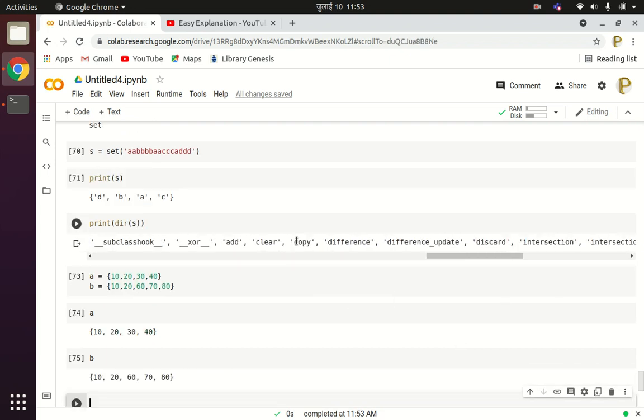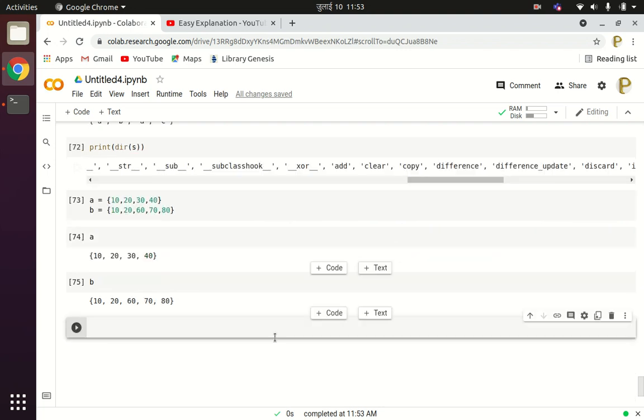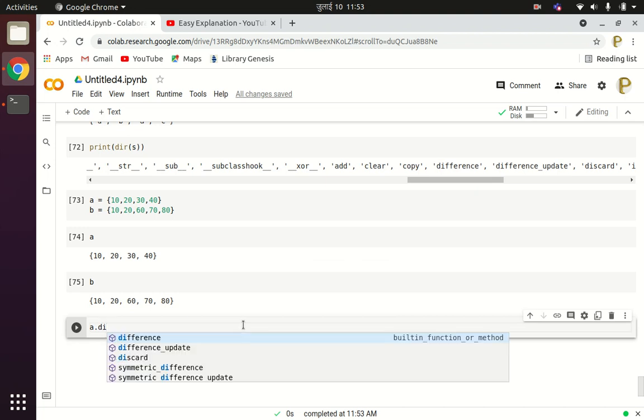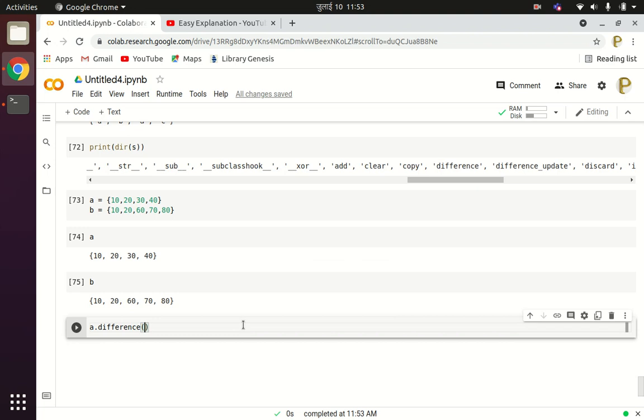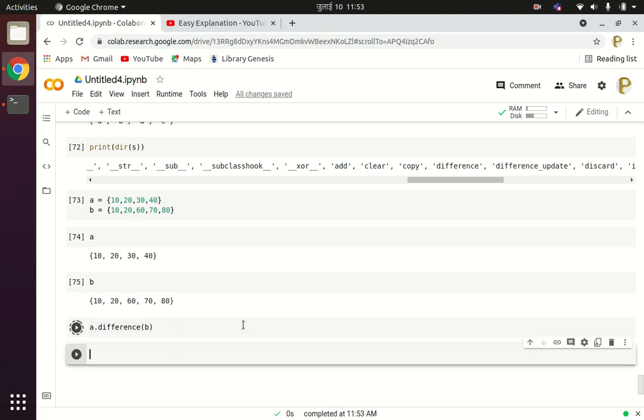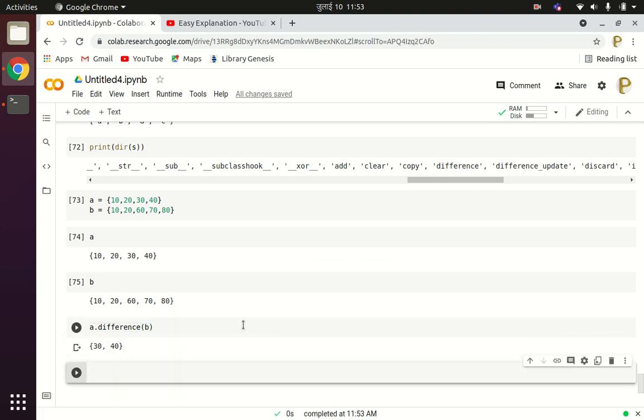Suppose I want to calculate A difference B. You can write A dot difference B. So it will give you the result of A minus B, so only the values that are in A but not in B.